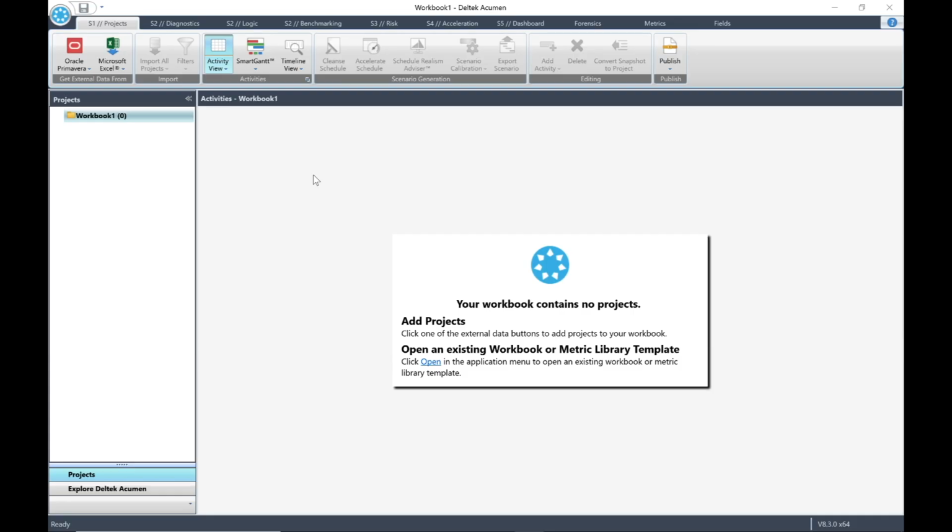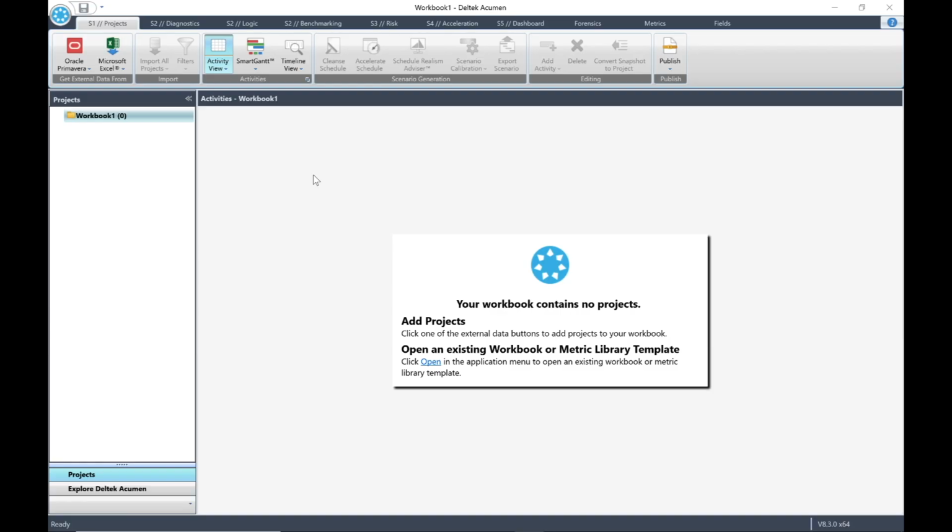In this lesson, we will learn how to merge a schedule with a cost estimate, ready for an analysis. In Acumen Risk, we can develop schedule risk and cost risk models independently of each other. However, Acumen Risk also allows us to merge schedule and cost models. So, by eliminating the need to cost or resource load our schedule, we can run a completely merged cost-schedule risk